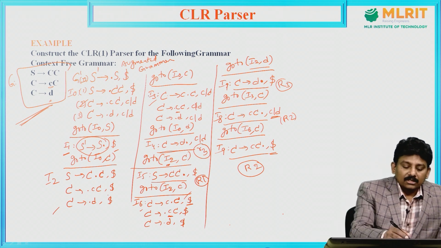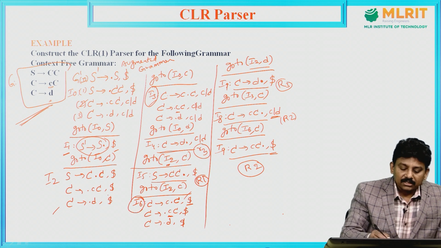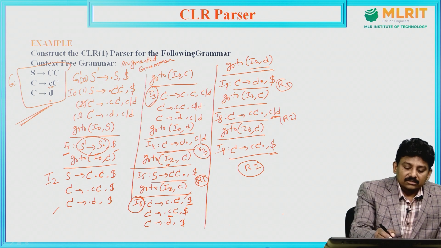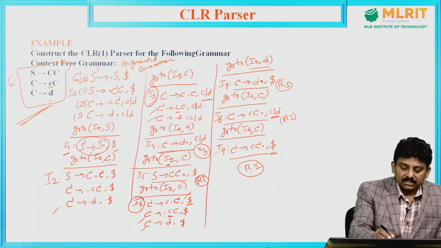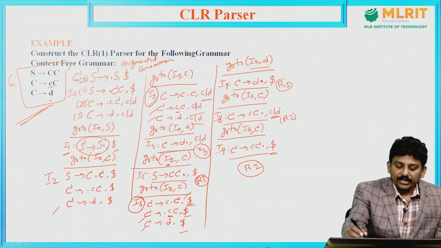See, in I3 and I6 the rules are the same, the lookaheads are different. C derives C dot C, C derives dot CC, C derives dot D, but here the lookaheads are c or d in one and dollar in the other. So, we can combine, merge these